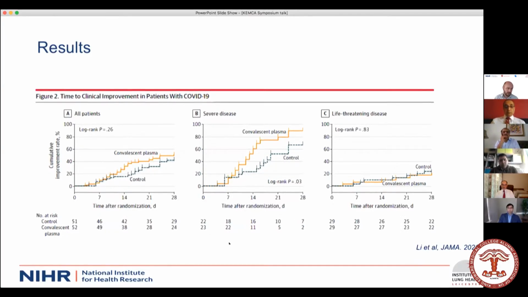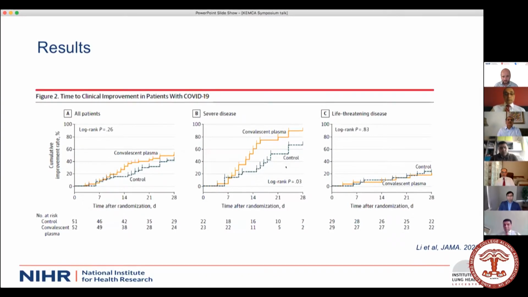So I think the jury is still out with convalescent plasma. I'm really interested in this as an earlier treatment, perhaps not in ICU, but to prevent people developing that so we can reduce viral load. But we need the trial to come out for this. And I've already talked about the recovery trial, but convalescent plasma was a later addition to one of the arms. So I do hope that we see that.